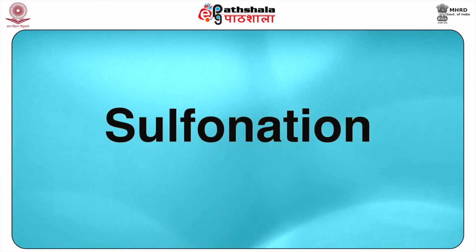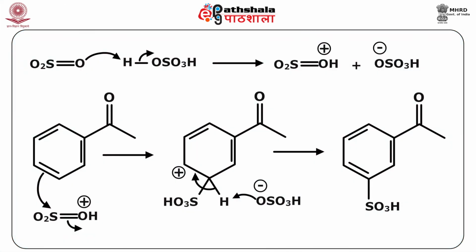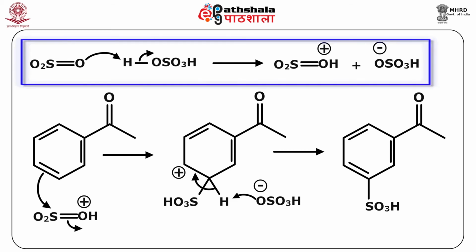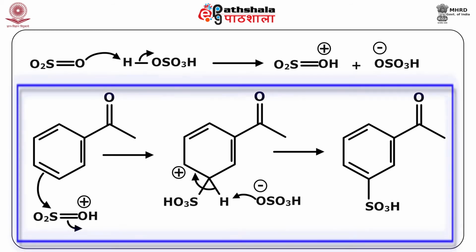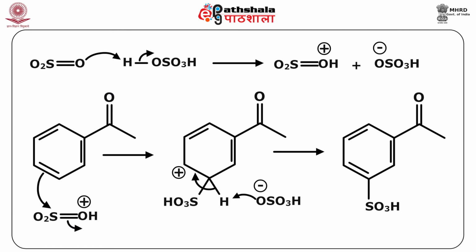Next, students, comes the sulfonation. This occurs by replacing a hydrogen atom with a sulfonic acid group, that is SO3. The sulfonation process is quite similar to nitration because, in general, we create an electrophile by protonating the SO3 with H2SO4 to make it a stronger electrophile. The mechanism can then proceed as a normal electrophilic aromatic substitution reaction. The sulfonation of acetophenone I have taken as an example here. This will also give you a meta substituted product because here the COCH3 group is an electron withdrawing group.